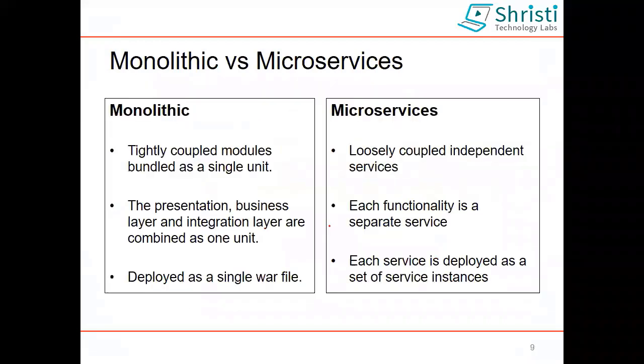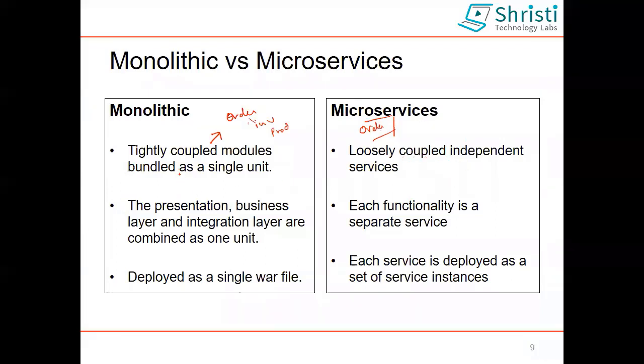In case of monolithic, we have tightly coupled modules. I told you I have order management, inventory management, then product management. All of these are tightly coupled with each other. If something goes wrong, the whole application will crash. In case of microservices, the order service is independent, it is individual, and it can be developed separately. It will have its own database. Then inventory will have its own database, and its own language. The code base also can be different. Product management also can be different. So here they are loosely coupled services.